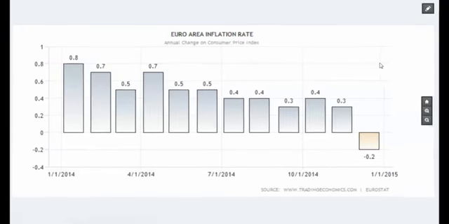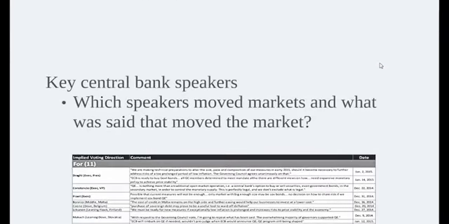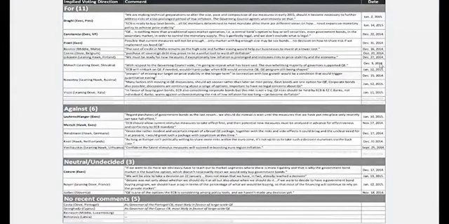So we've taken a look at the data, the most important data. Let's take a look now at the key central bank speakers and what they've said coming into this event. It's very important to understand how they move the market and what it is that they've said that's moved the market. So you can just skim through, you can read this in your own time, obviously, but if you just skim through the main ones, the big guys,